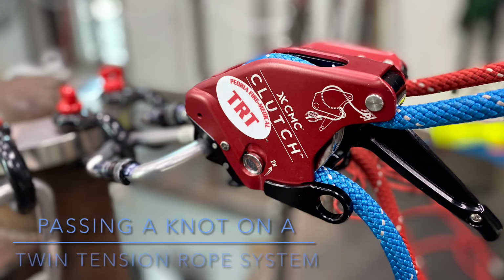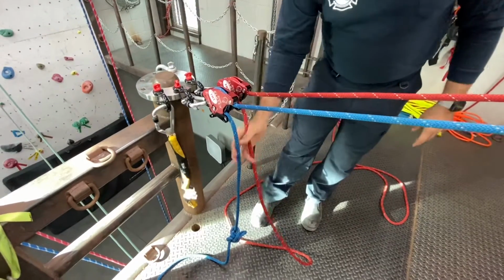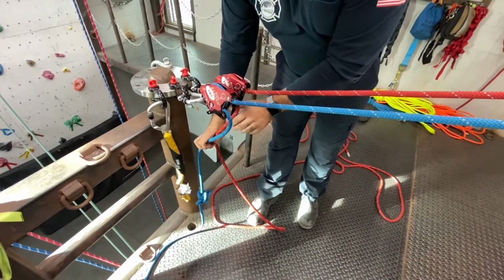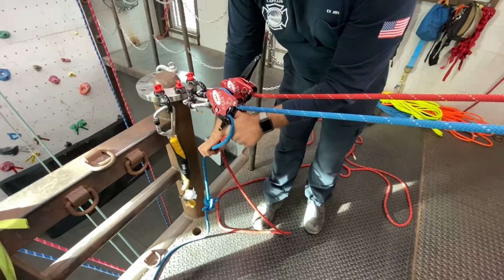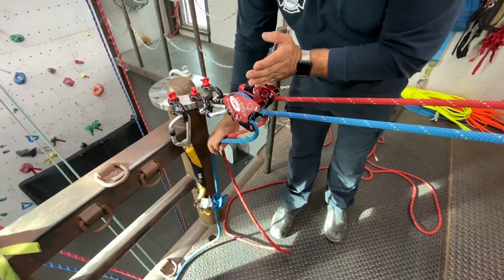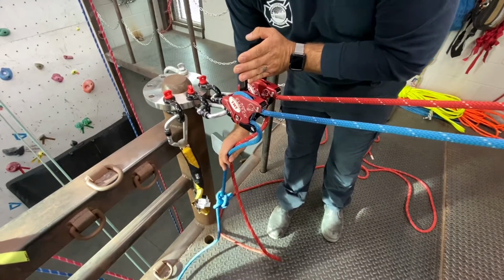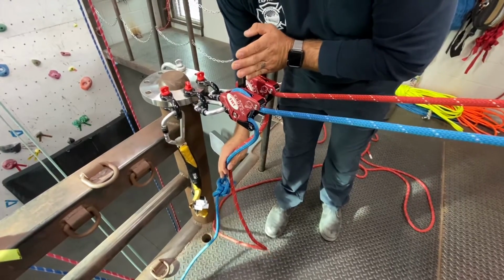All right, so this is what we came up with on the west side for one of the easier ways for passing a knot on the lower through the clutch. So I'm just gonna demonstrate it real quick. I'm doing this as a single person operator, but you could very easily do this as two operators on two separate anchors. Just like the CMC manual and what we've practiced, we're gonna lower until the knot is